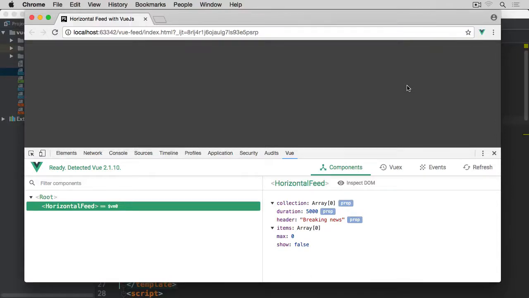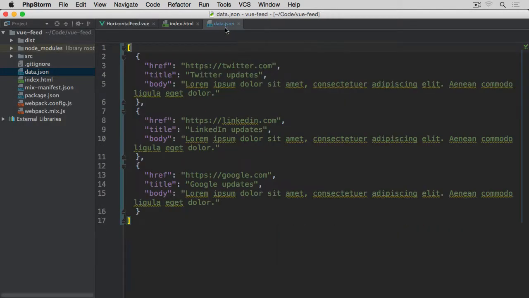In the previous video, we've created a mechanism which allows us to load the items into our component, but obviously we didn't pass any data. So far, we only passed an empty array. Let's go back to the editor, and I've already created structure for the data that I want to inject into